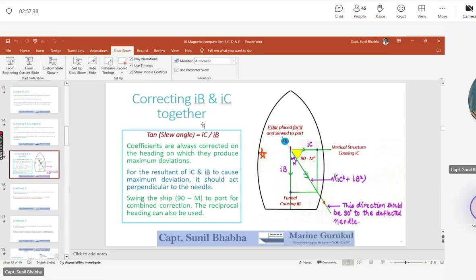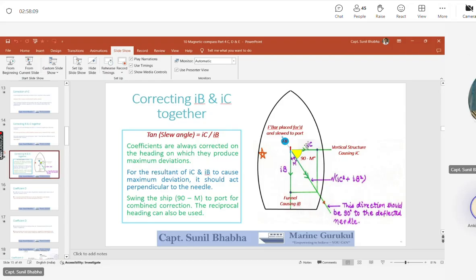Okay sir, clear. Sir, in this, एक छोटा सा न्यूमेरिकल भी आता है पेपर में, सो वी विल सी दैट न्यूमेरिकल आल्सो बट लिटिल लेटर। Okay, go ahead beta. Sir, in this, we are just assuming that vertical structure will be on the starboard. Yes बेटा, we are assuming that there is a vertical structure on the starboard side. अगर ये पोर्ट साइड में आ जाए तो फिर फ्लिंडर बार क्लॉकवाइज स्लू हो जाएगी।